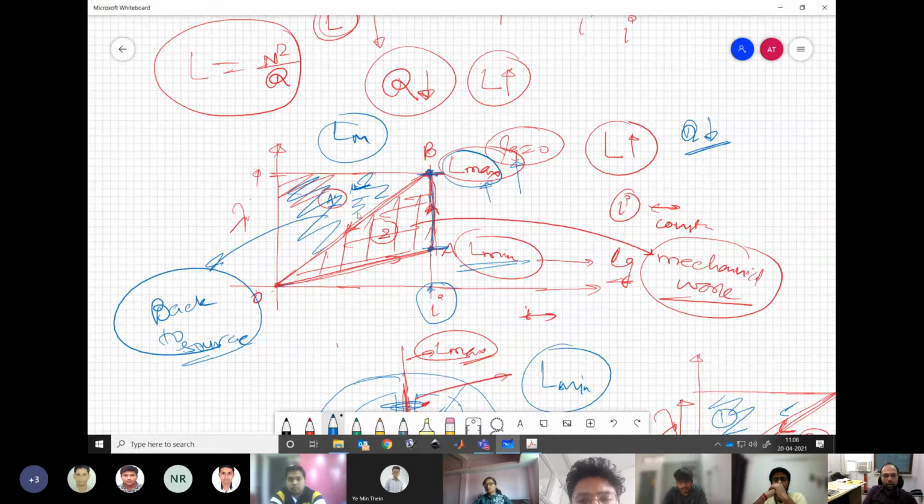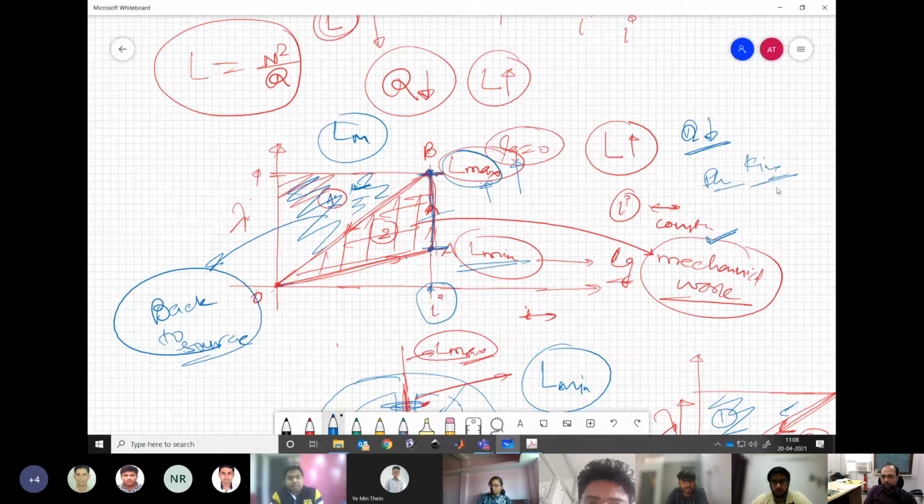And then what we can understand is that the amount of change in the co-energy, this section 2 given over here within the triangle OAB, has gone into the mechanical work in moving the plunger. So now the plunger must have gained some kinetic energy. If we do not stop that, it will go and hit it, and that is where the energy will be spent. And the rest of the energy, what you see in the upper triangle, will be returned back to the source. This is kind of magnetizing energy, which is like our reactive power kind of thing, and that goes back to the source.